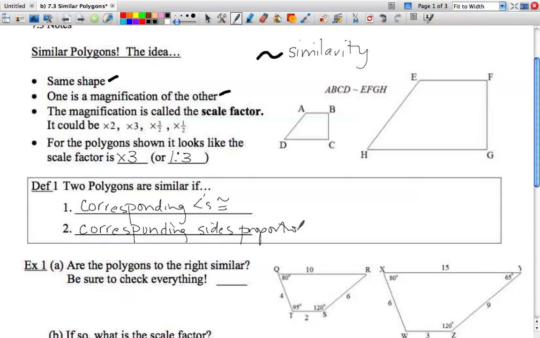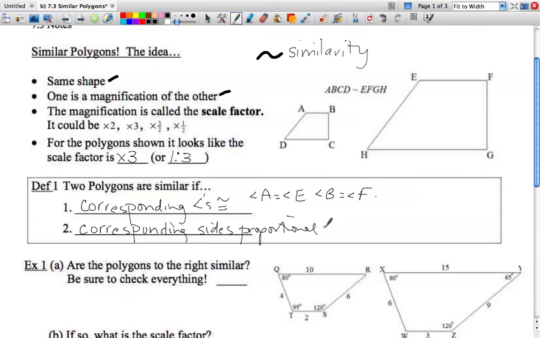So what does that mean to be congruent angles? That would mean angle A would match up with angle E. Angle B would match up with angle F. Notice how I'm looking to see how they're lined up in this sentence, this similarity sentence. And so on. You might want to fill in angle C equal to G